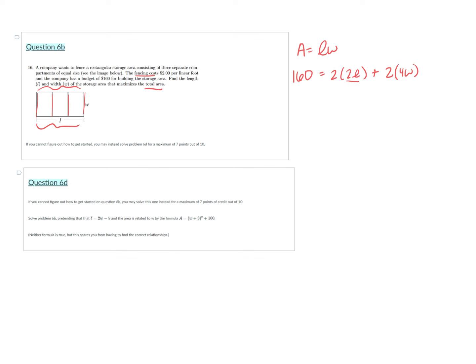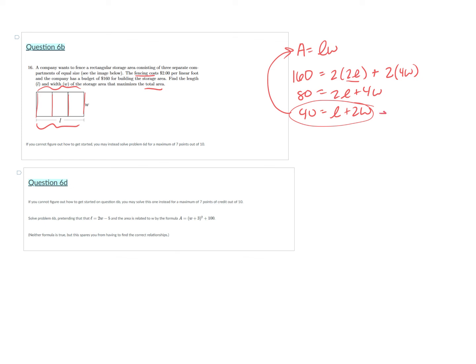So I'm going to go ahead and simplify this a little bit and divide out 2. So we're going to get 80 equals 2L plus 4W. And then dividing by 2 one more time, we'll get 40 is equal to L plus 2W. Because this is an optimization problem, we want to take this one here and plug it into that one so that we have area just in terms of one variable, so we can take that derivative a little bit